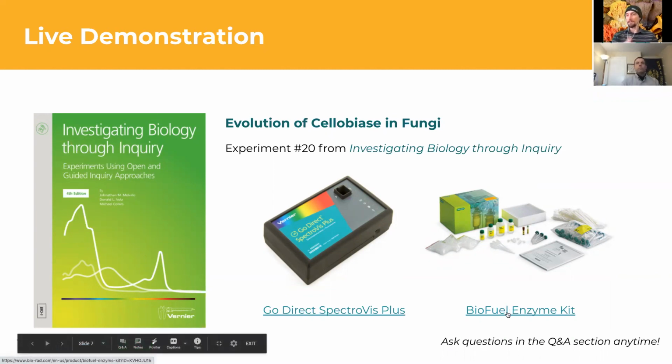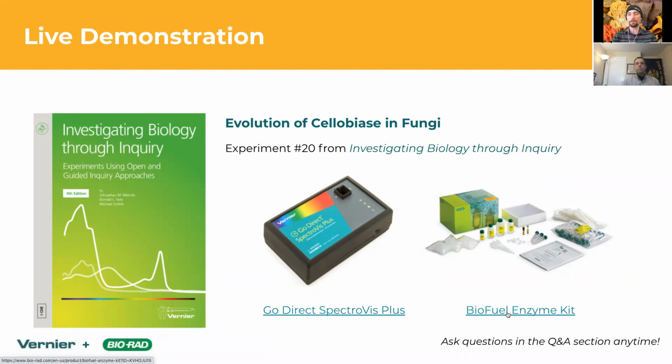And then, of course, we pair it up with Vernier's wonderful SpectraVis Plus in order to do more of the high-end analysis with this lab. In general, what this lab is going after is understanding enzyme kinetics, but there are 6 levels of activities that you can run with this. And one of those specifically looks at bioprospecting for enzymes from fungi that are used to break down cellulose in the production of biofuels.